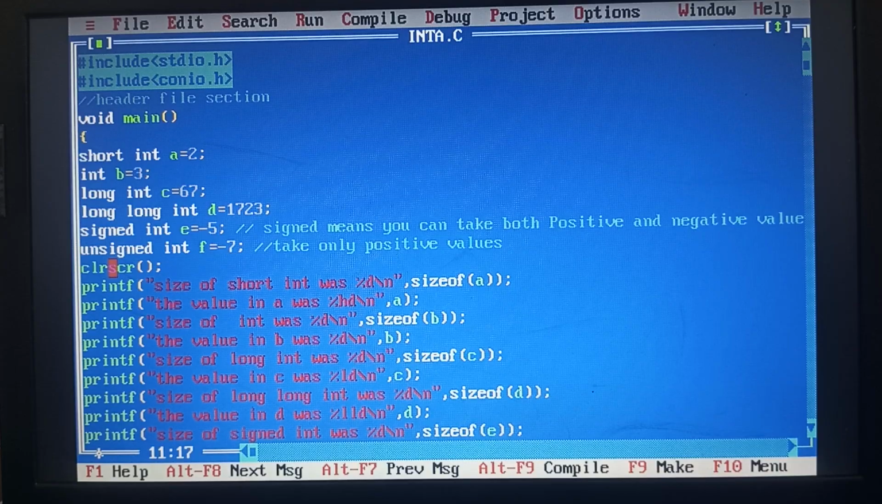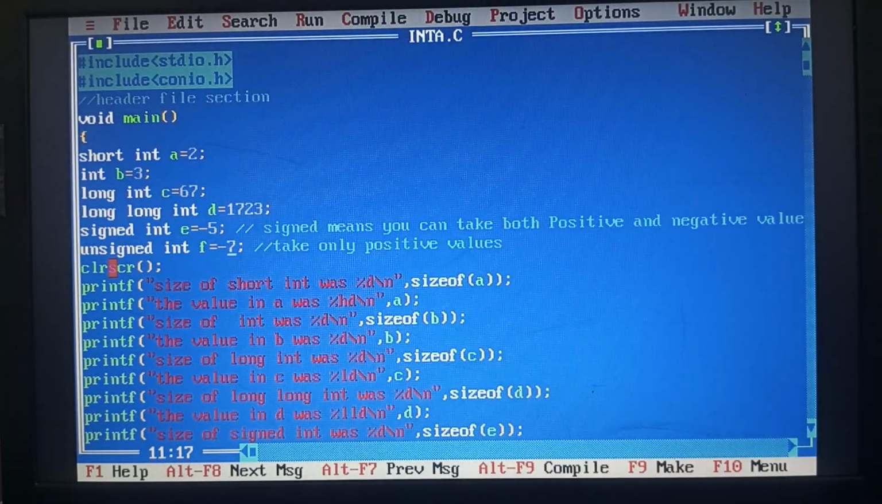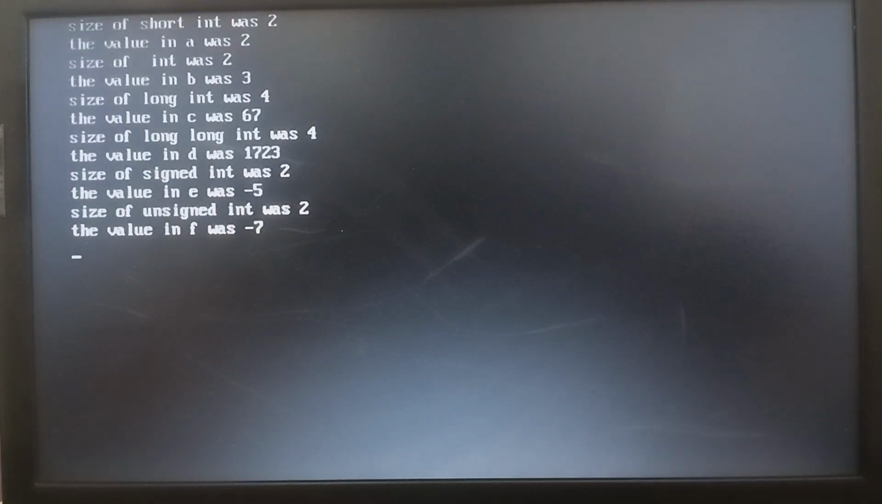See, always make a note: when you update a program you have to save the program. So Alt F, save the program. Alt F, compile, and then run the program. Okay, see what that is. The value in f, I'm getting minus 7. Okay, so actually I want to get wrong, yes or no. What you do,